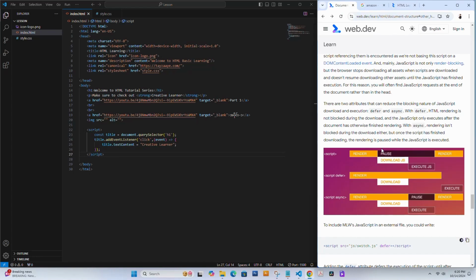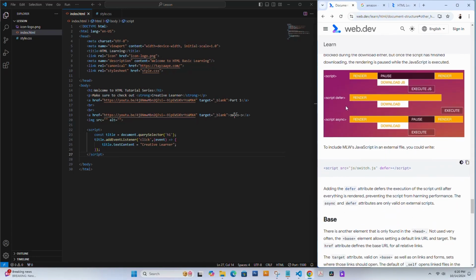So, back to the reference. When I add my script under the body, it will render everything, and then it will also run my JavaScript. So it is important to add our script inside the body tag, and it has to be at the bottom. If you want to add it at the top, what we can do is